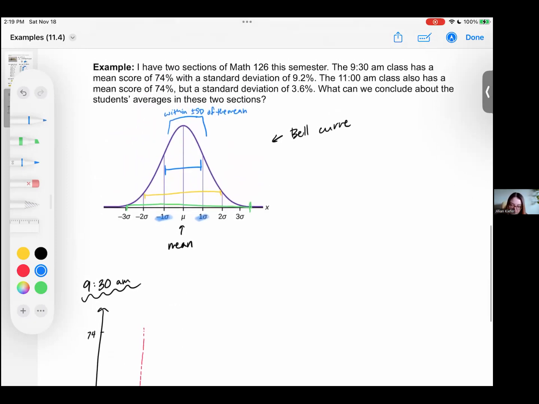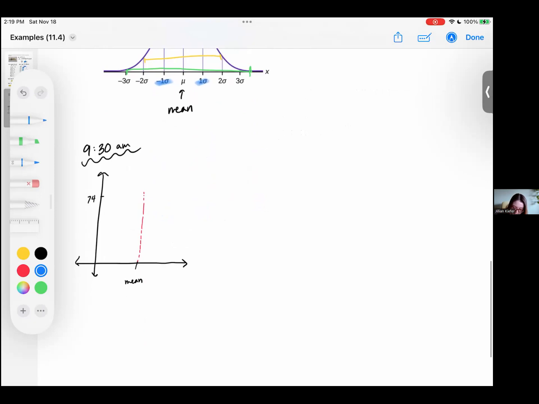For the 9:30 a.m. class, we have a 9.2%. So our standard deviation might be a little bit maybe here. So this is our +1 standard deviation and -1 standard deviation. And so when we end up drawing this graph, it will probably look something, well, maybe not quite like that, but something along this line. Since we have about 9%, then that is probably right around here, for about 65% on